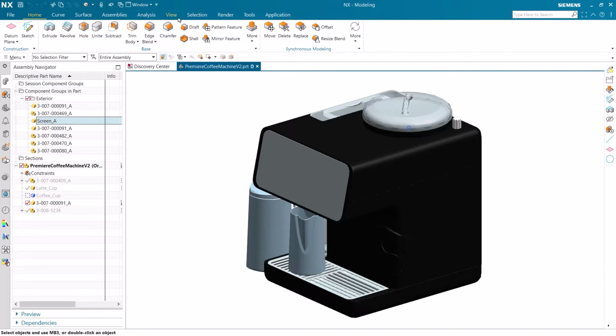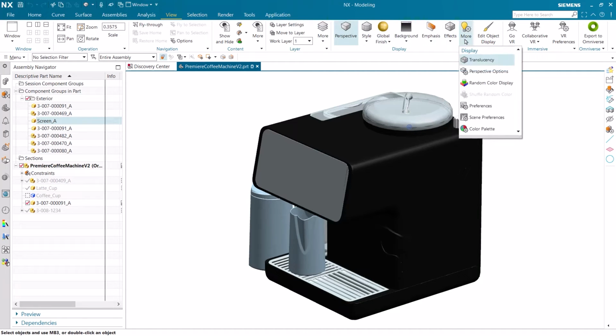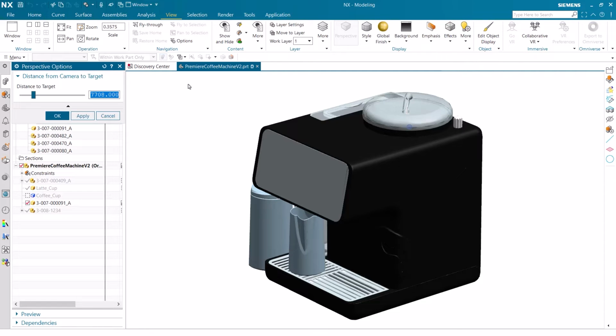We want to now add perspective to this model to get a good real-world look as we are going to render these schemes later. We can easily change the setting of our perspective to get a more realistic view of the model.